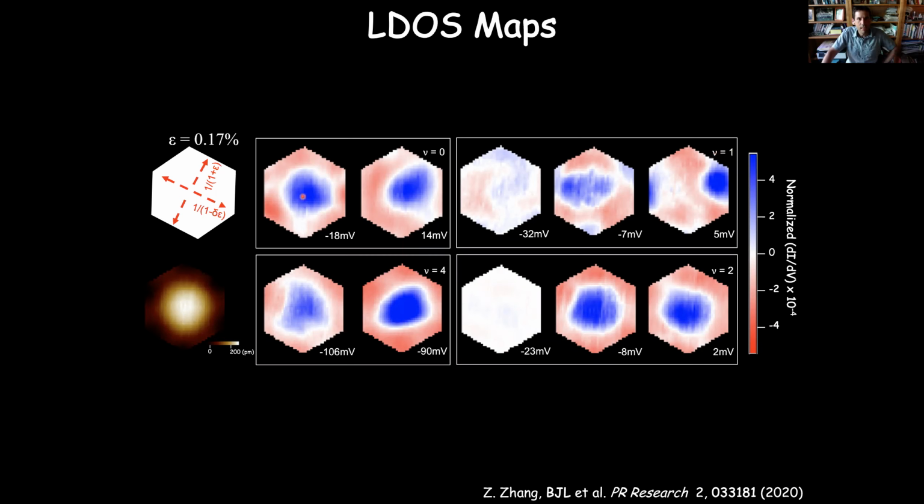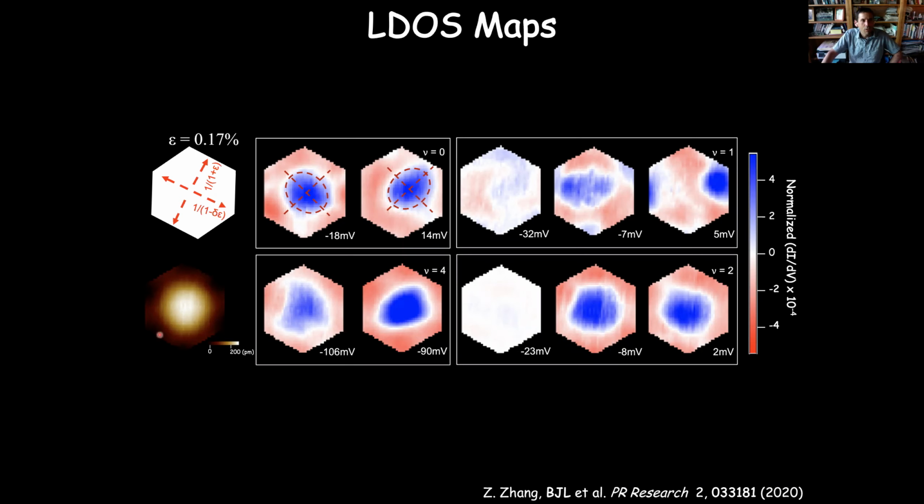And so what you'll notice is that the wave function is centered in the unit cell in the nu equals 0 case. Here it's completely delocalized. There's no strong peak anywhere in the completely filled band, but in the partially filled band, the wave function is localized at different spots in the unit cell. This is telling us something about the interactions in the system, whether you're preferentially filling certain states or not.